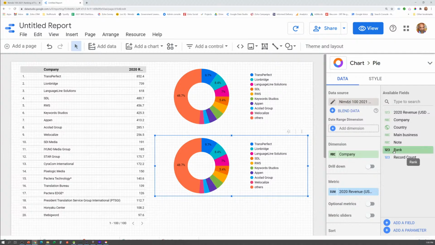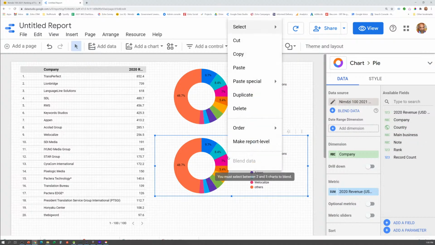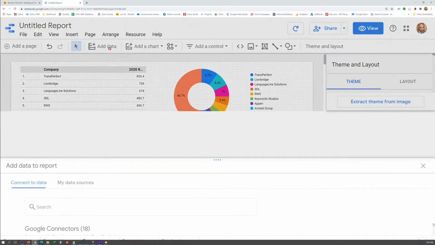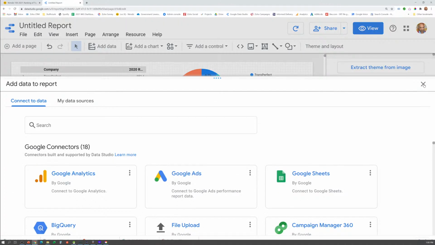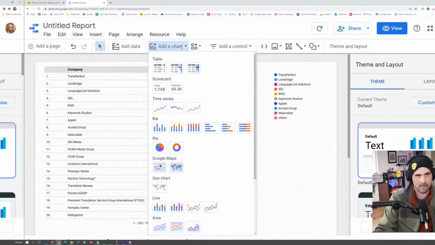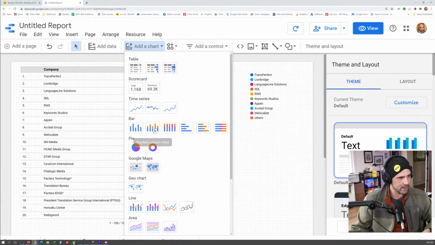And here I want to, I don't know. Ooh, country. Actually, no, I'm done with you, donut chart, because I just realized country was one of the available options here. So I'm going to not add data. I want to add a chart up here. Bring me back. And I want to add a geo chart or geo map